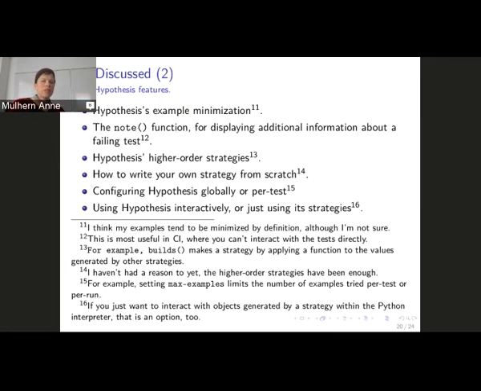You can actually just use Hypothesis not as a testing facility. And so this is kind of interesting. If you're just curious about finding an example of something and you think there's no such thing, you can ask Hypothesis, and Hypothesis can find it.